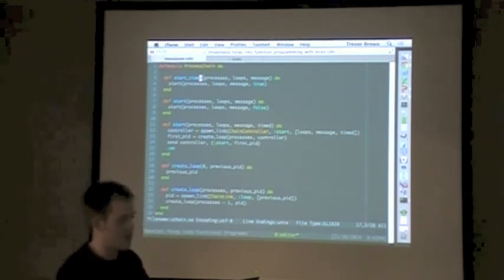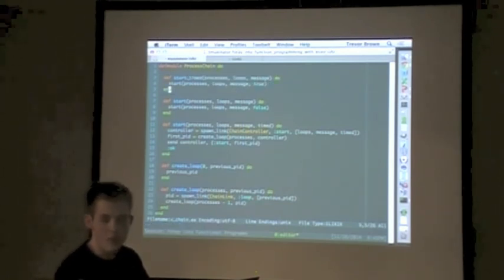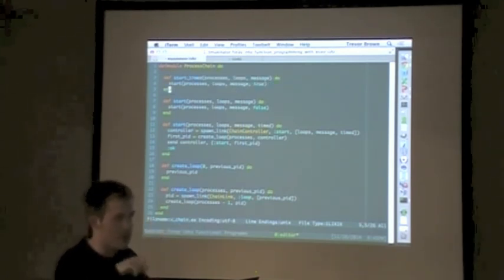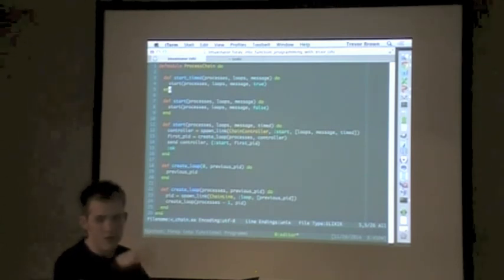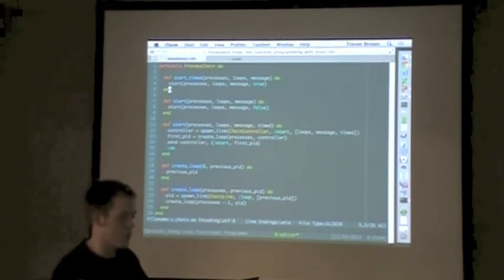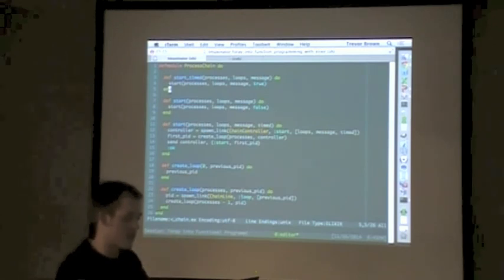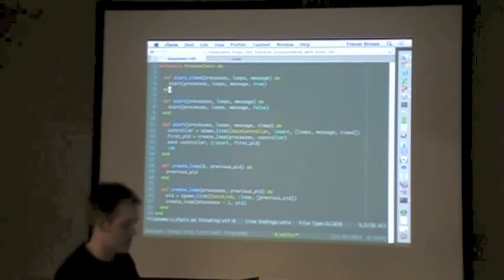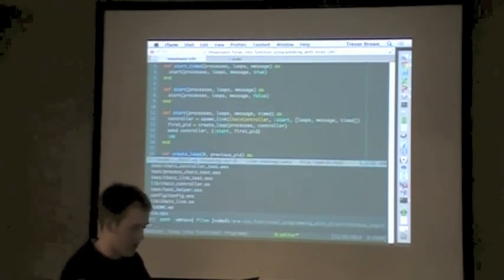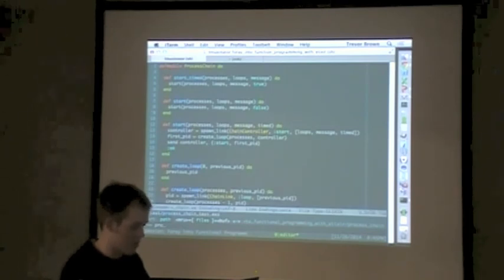So we can time the total time it takes for the message to make it around that loop. Also contained within the timing is the time it takes to set up the processes in that chain, send the message around, and then also tear them down. So the time is the time it takes to set up and tear down everything, as well as the actual sending of the message. So in the chain controller,